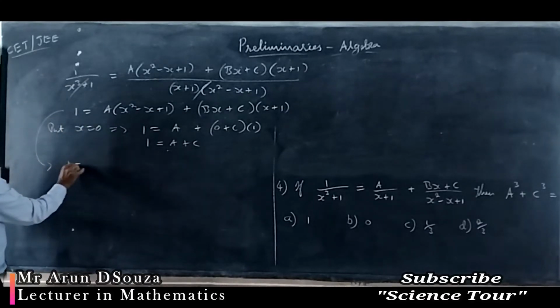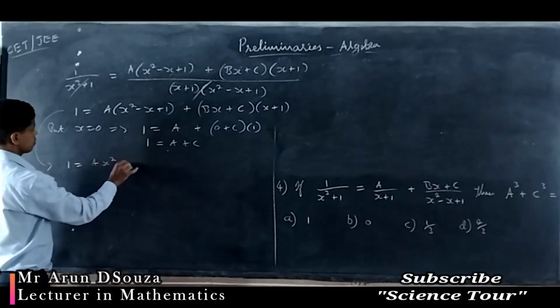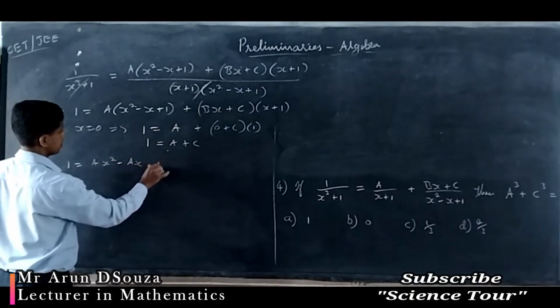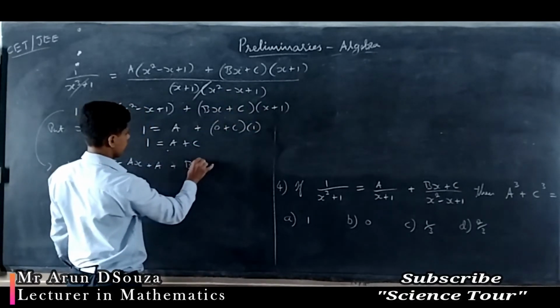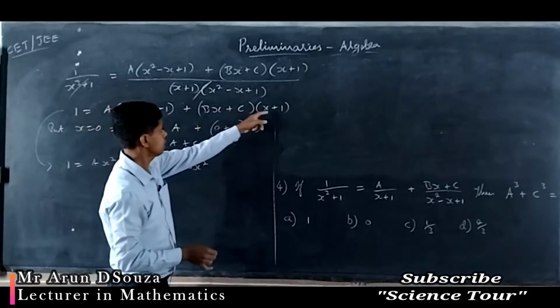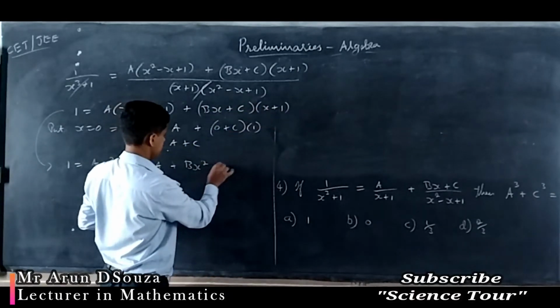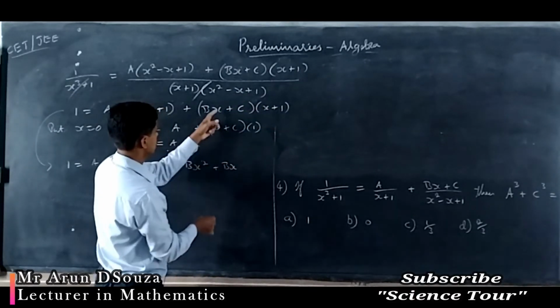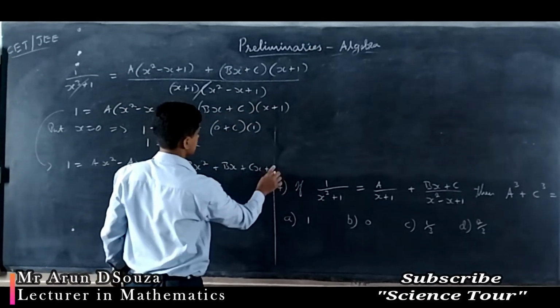This is 1, and this is like ax square minus ax plus a, and when you multiply this, see, this is bx square, correct, and then multiply bx to 1, that will be bx, and then cx plus c,